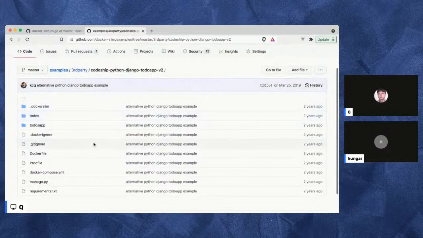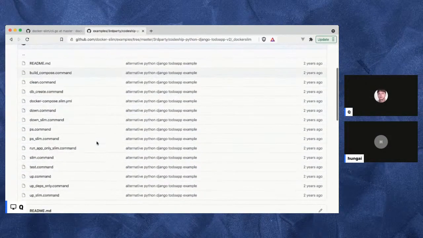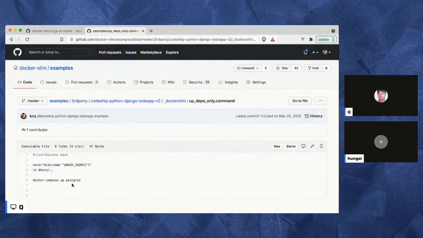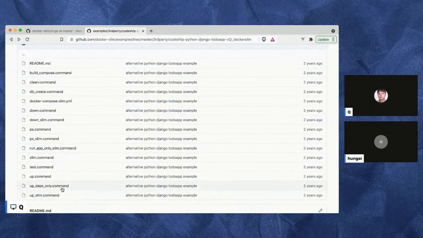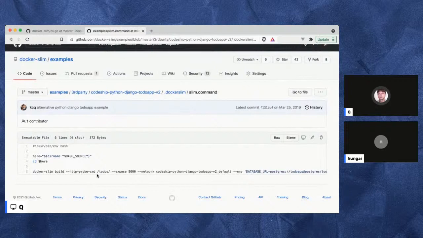In this case, you need to start the dependencies. For example, in this case, I say Docker Compose up, Postgres. So now Postgres is running through Docker Compose. And when we're slimming,